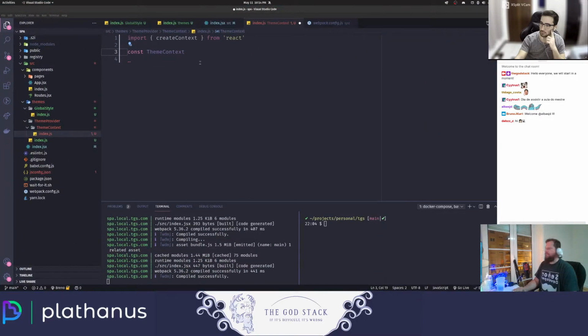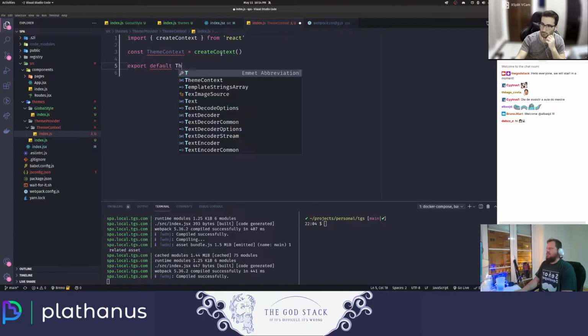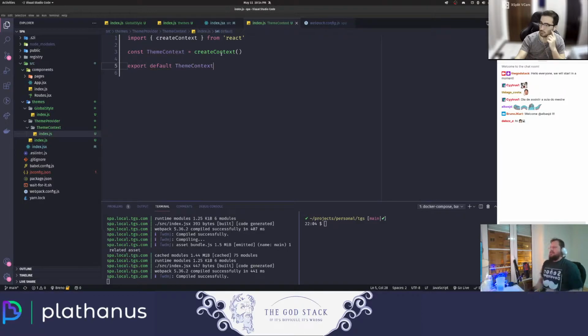Okay. And this variable will execute this function, and then I will just export it. Export default theme context. So what I'm doing here,